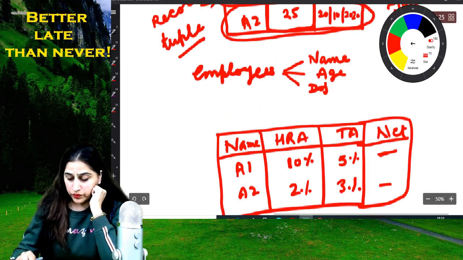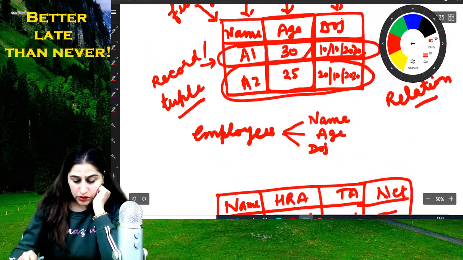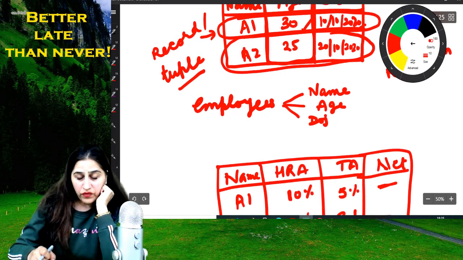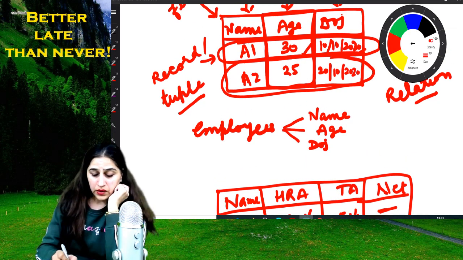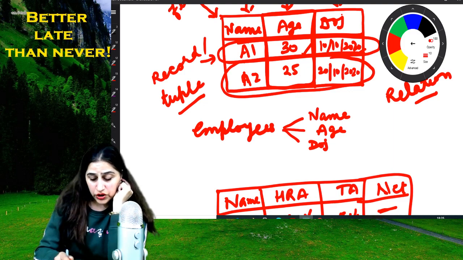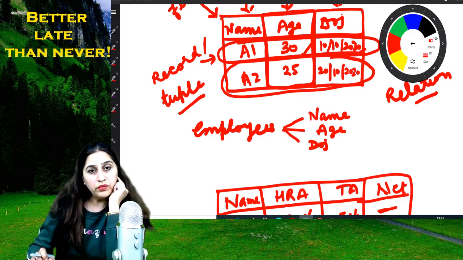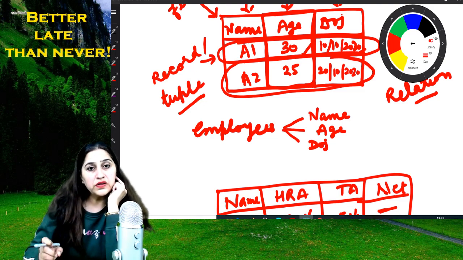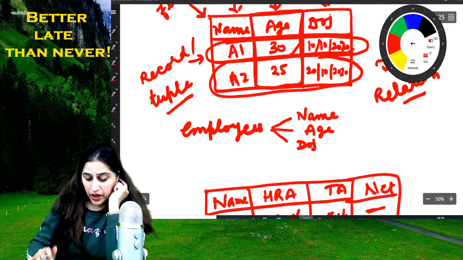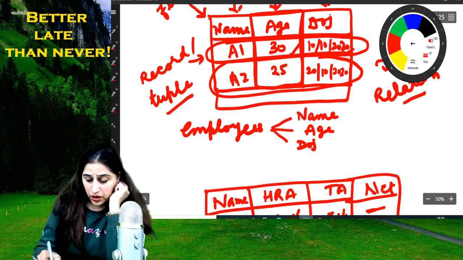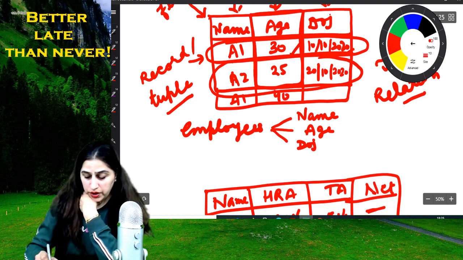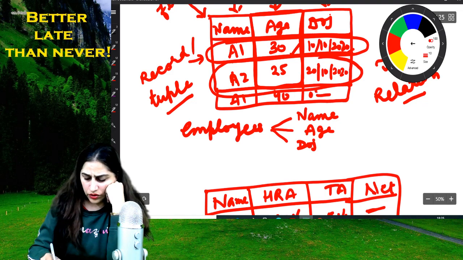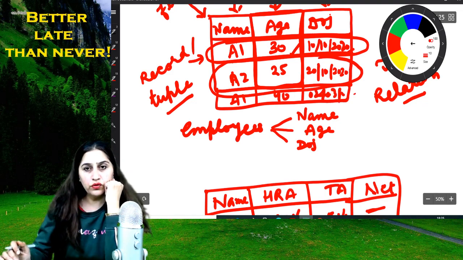Now there is a problem that is quite obvious, that how can we extract information of A1 from both the tables? We don't have a field which is common and at the same time can differentiate single record, because suppose I have another employee with the name A1 with age 40 and suppose whatever 0203 and date of joining.